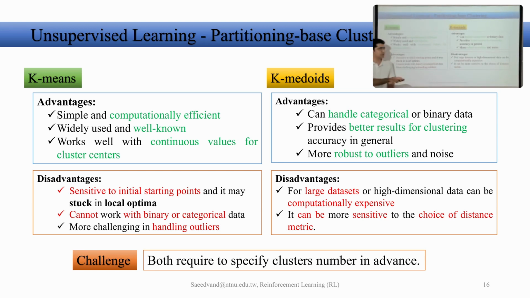And it can be more sensitive to the choice of the distance metric also. Here we say simply Euclidean distance. In some data sets, you need to define something else that says how close these points are together. Then in that case, K-medoids can be much more sensitive, and you need to be more careful. But basically, over 80-90% of the time, Euclidean distance works for most cases.